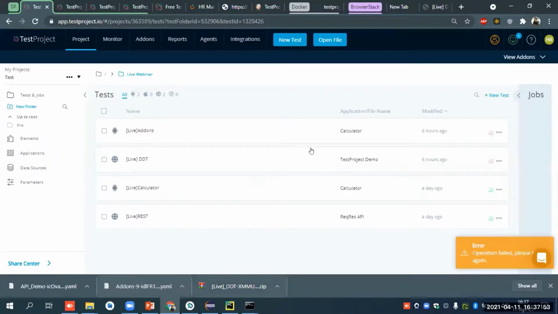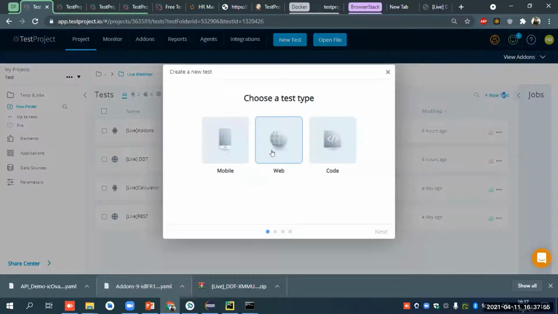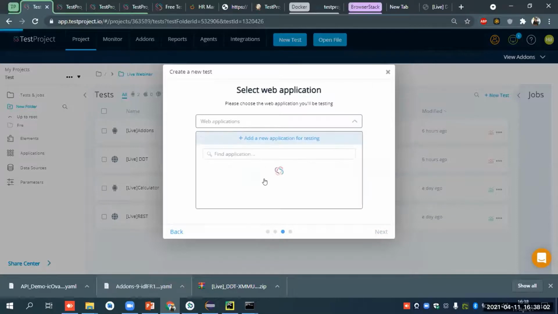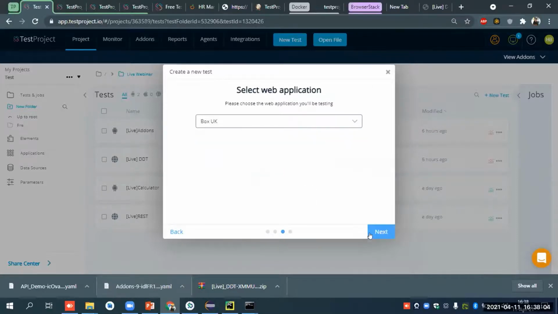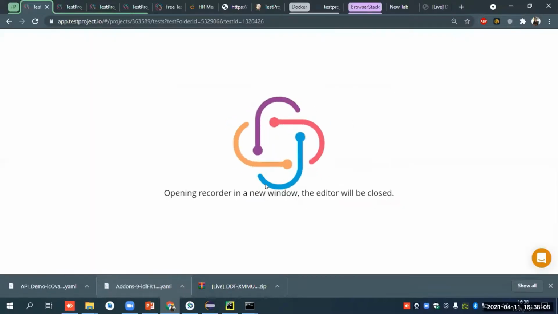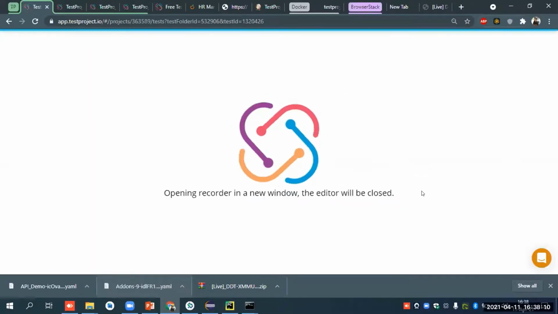Okay, so the current execution has been running. Let me do that again. Select it as a file, start recording. A new instance will open up.